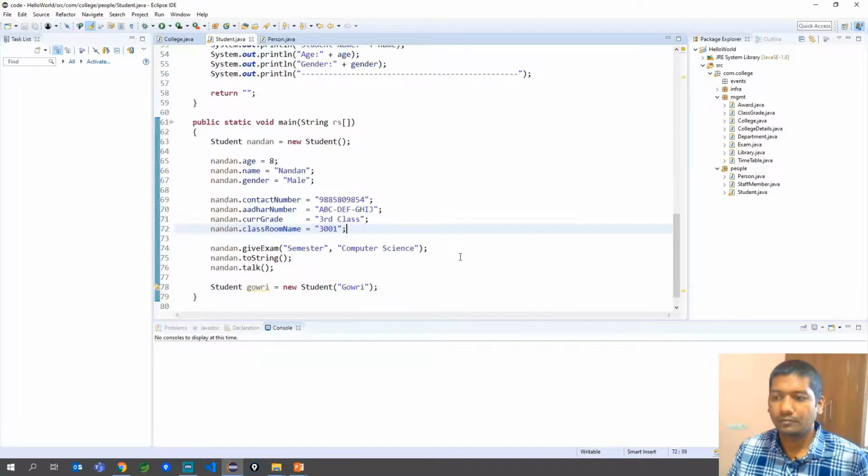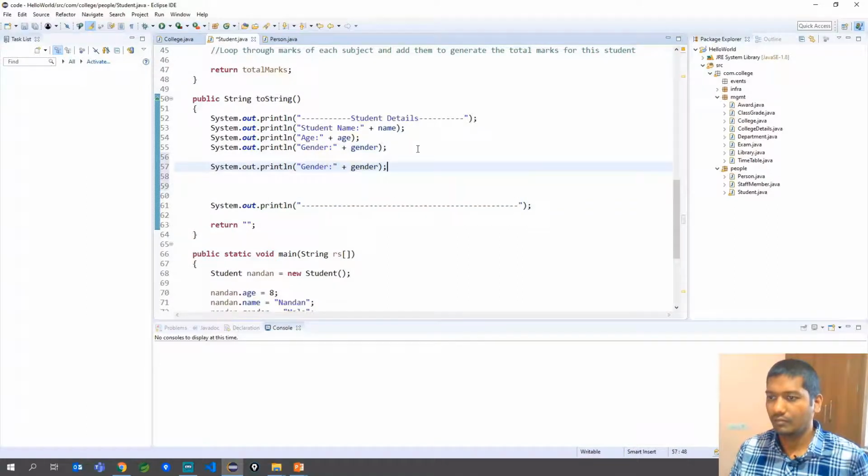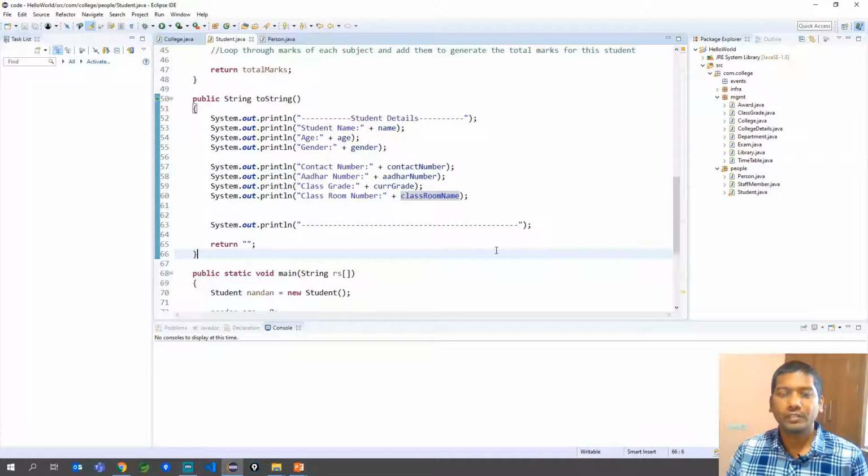Let's see. I will add these 4 things into my toString method to see if we are able to print them also. To go into a method, you just press Ctrl and click on the method. I have given all the 4 new parameters that we have added, and now we will see if it is working fine.